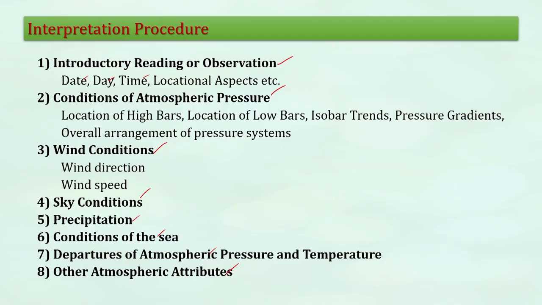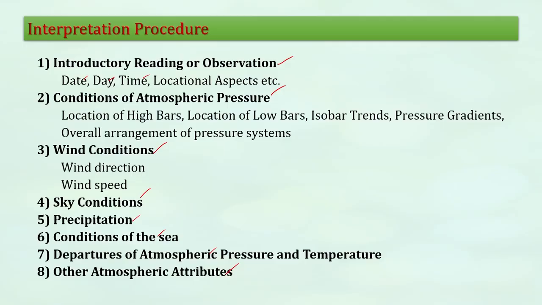You can use this heading: condition of atmospheric pressure, which area is experiencing high pressure, which area is experiencing low pressure, right. Wind conditions, wind direction, okay, everything, wind speed. Using that symbol like this, you can find the wind symbol also, right. Sky condition, precipitation, rainfall level, right, conditions of the sea,